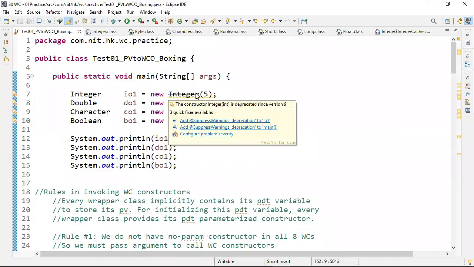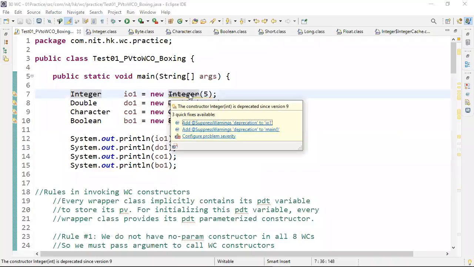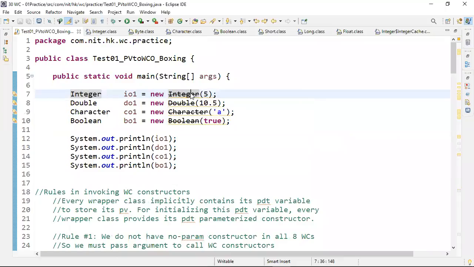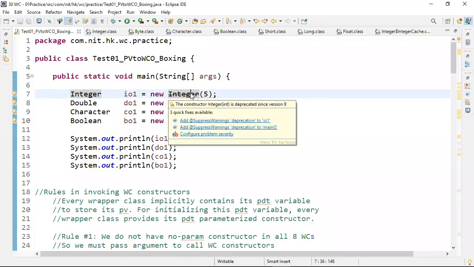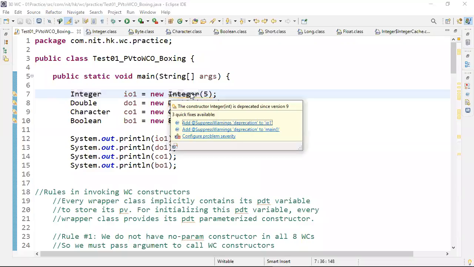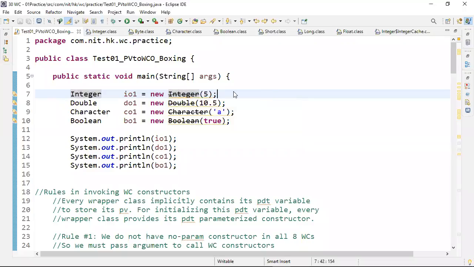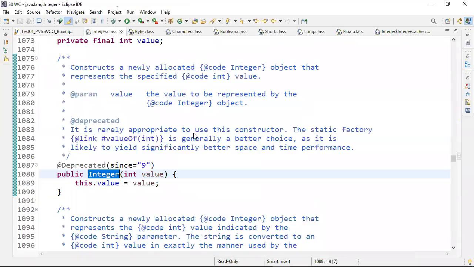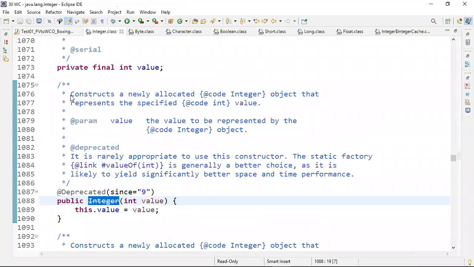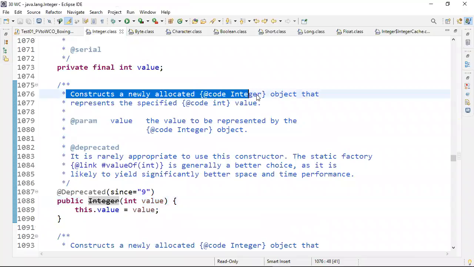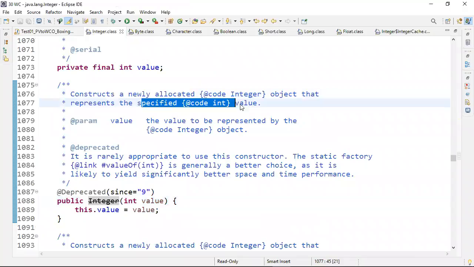The constructor is deprecated and they gave a message like this: Constructs a newly allocated Integer object that represents a specified int value. Deprecated.